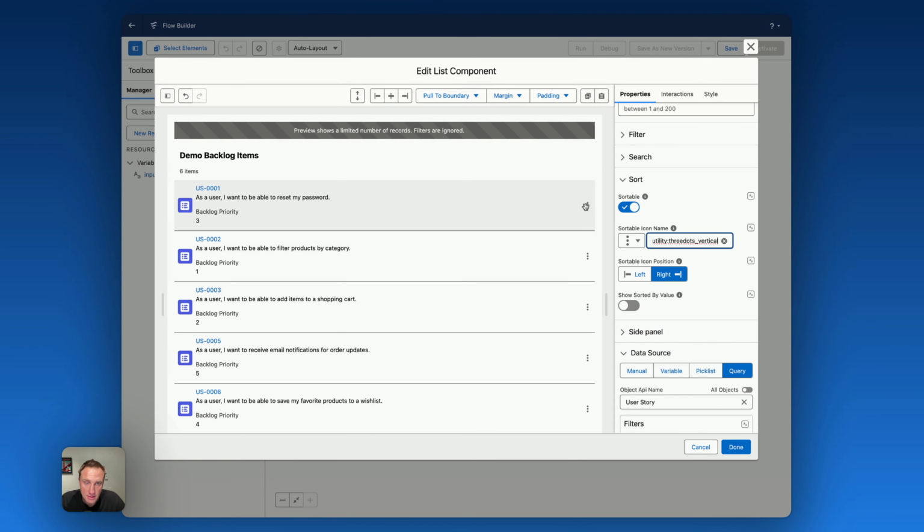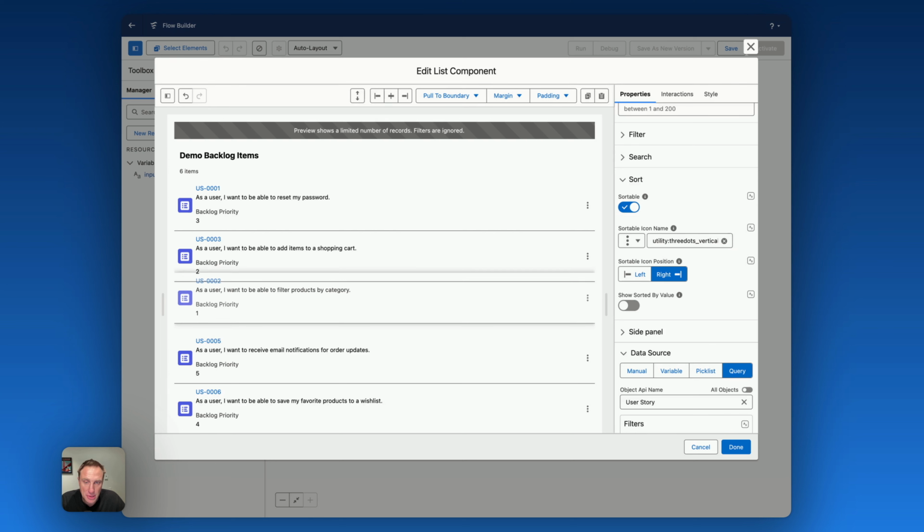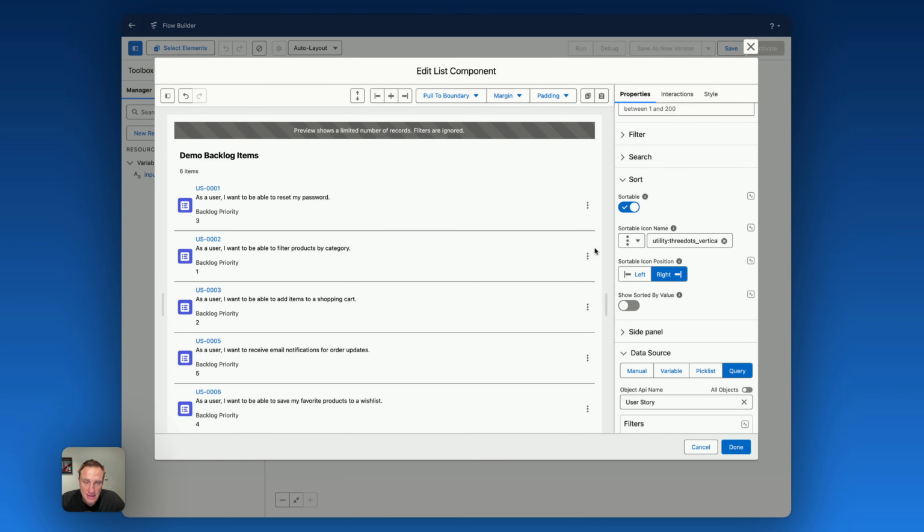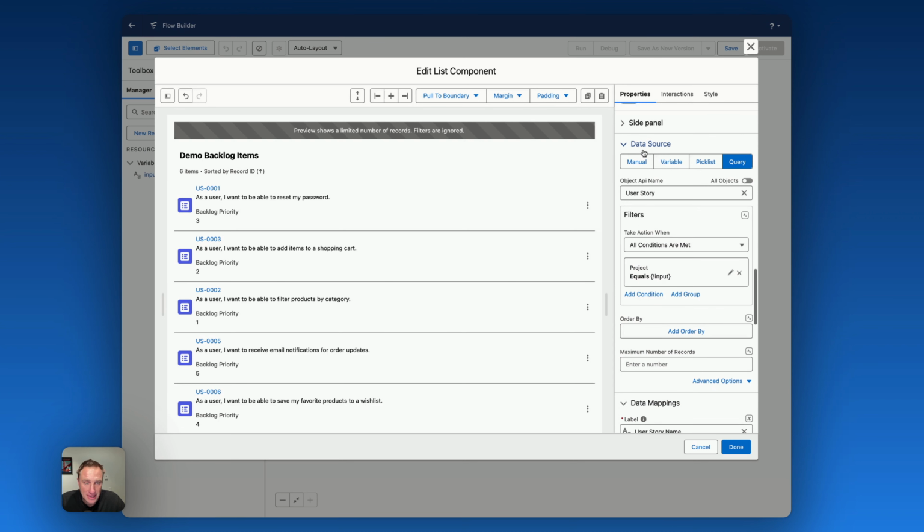This one, okay. So now you can see there is like the mouse. I can easily, because I enabled the sortable things, you can easily make items sortable. You can even sort it by value if you want, but for that you need to add an order by. So now next step, to make this working, on my data source section, I need to select an order by